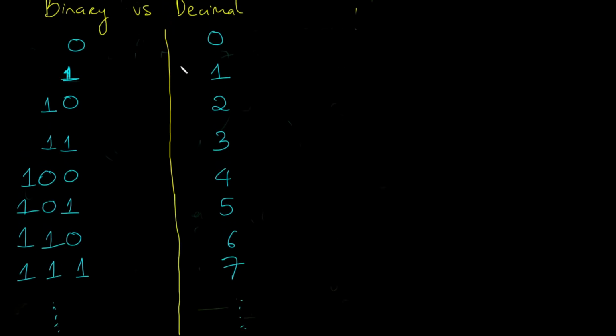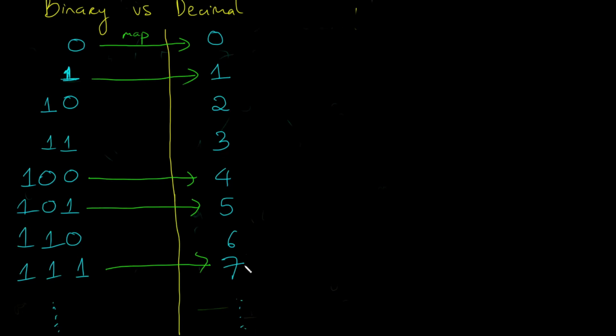So from this list you can see each binary is mapped to a certain decimal, right? Each binary is mapped to a certain decimal. Like 1 0 0 is going to be number 4 in decimal. 1 0 1 is number 5 in decimal. Or maybe 1 1 1 is going to be number 7 in decimal. So you guys can have this type of table right here to trace down